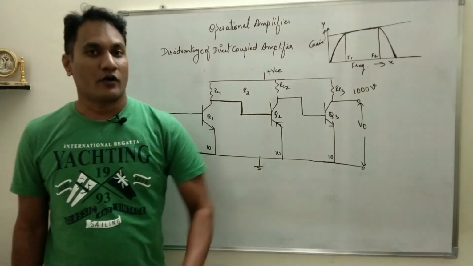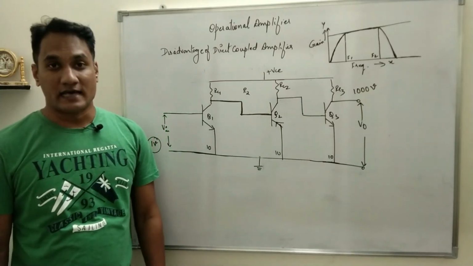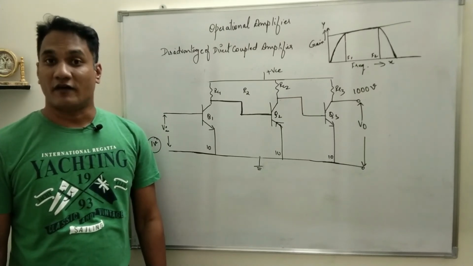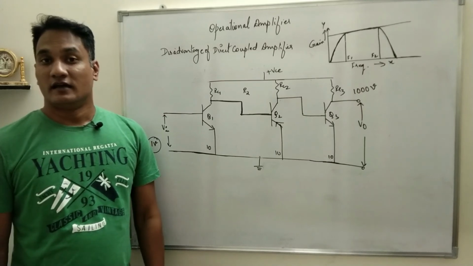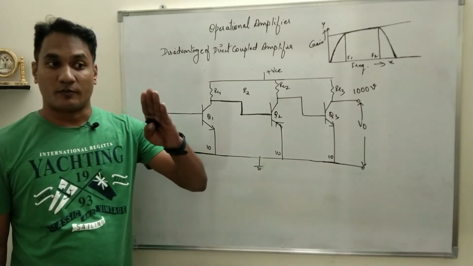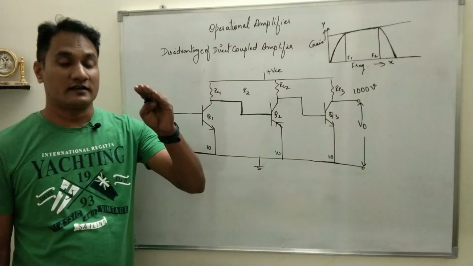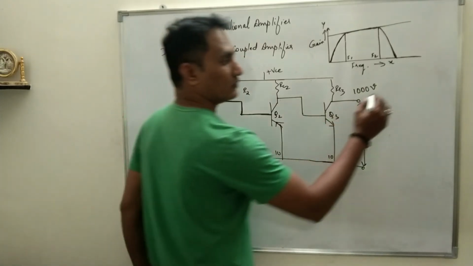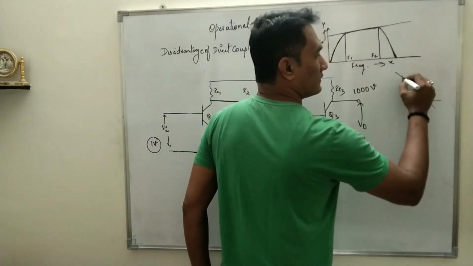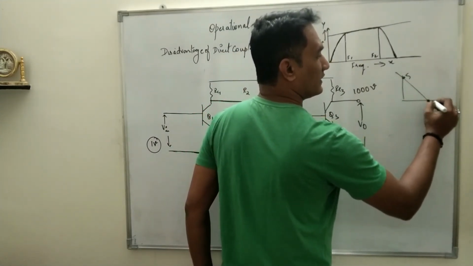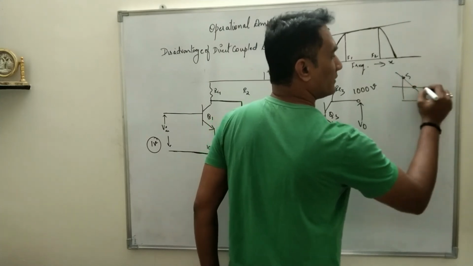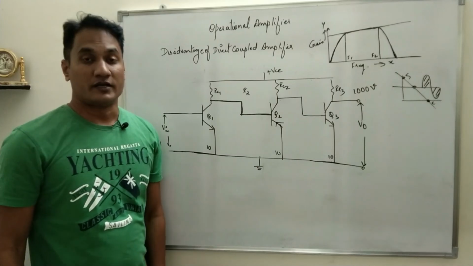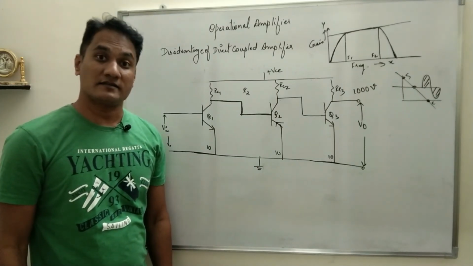But a very important point you can note in the circuit diagram is that the biasing resistances are missing, which was an important factor in case of RC coupled amplifier to keep its operating point stable, constant between that of saturation and cutoff, right? If you draw, this is the saturation point and this is the cutoff point. So operating point should be stable so that both the half cycles are amplified.